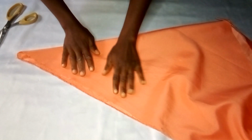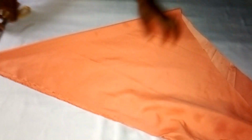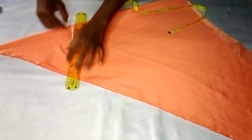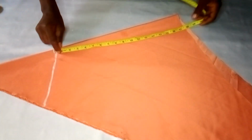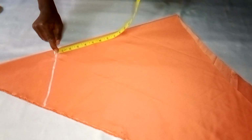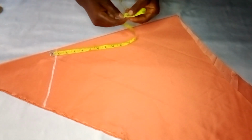So the next thing I'll be doing is cutting my sleeve, and I'll be using this remaining fabric to cut my sleeve. Okay, so I'll neatly arrange it and then mark a point there. That's going to be my starting point, and I folded it at 90 degrees so that it will be full. I want the downside to be full, and I have a total length there of 17.5,